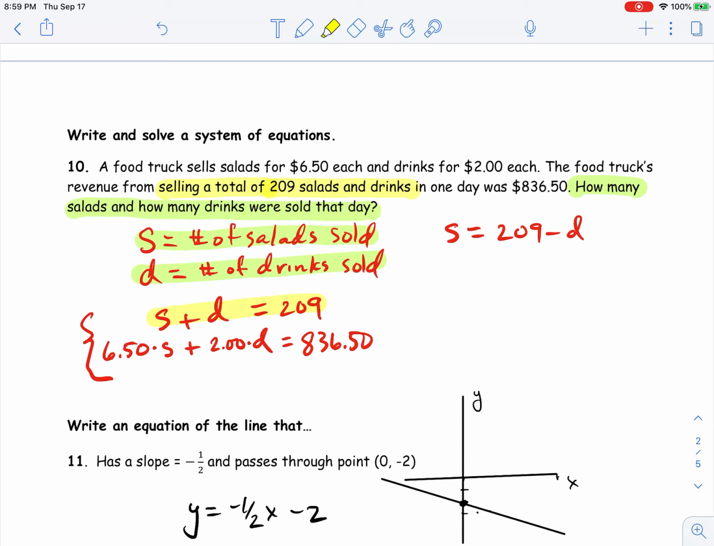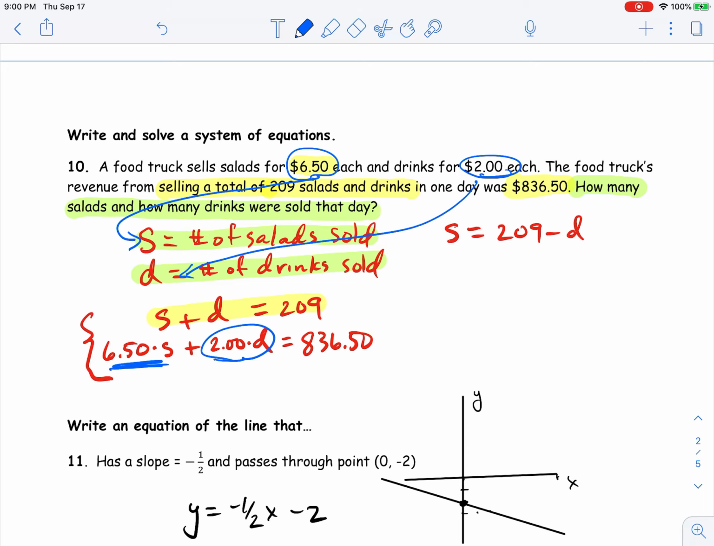And then in that same day, the revenue from the truck was $8.36. I know that. So what I have to do is find out the money that came in by salads. It's $6.50, so I want to take $6.50 times the number of salads. That's this term right here. Then I want to take $2 times the number of drinks sold. That's the money that comes in from beverages. So if I add salads plus beverages, it equals $8.36.50, I'm going to let you take it from there